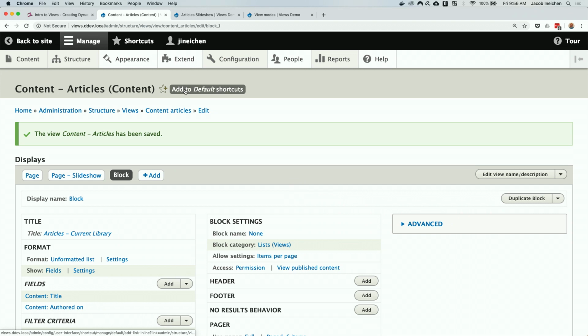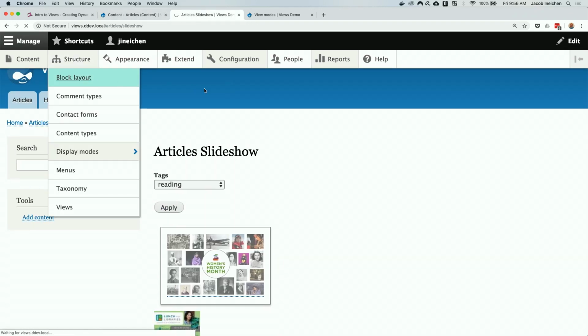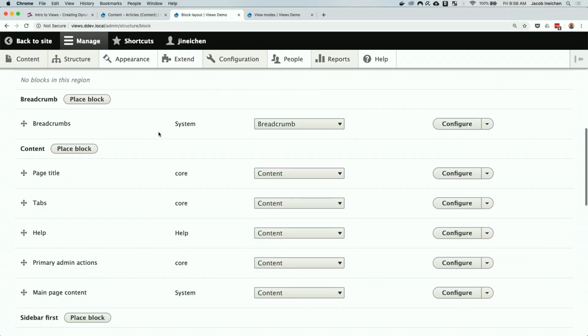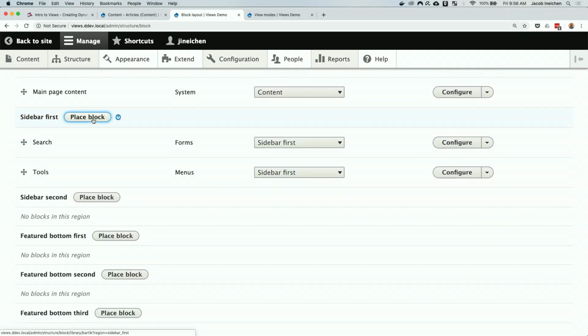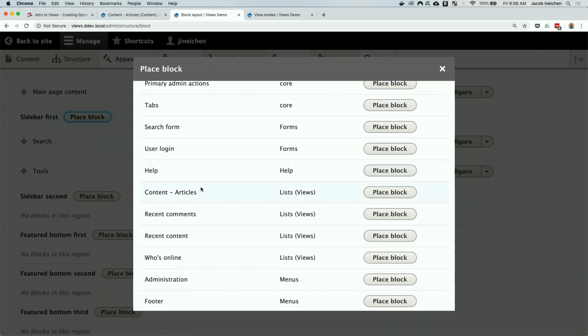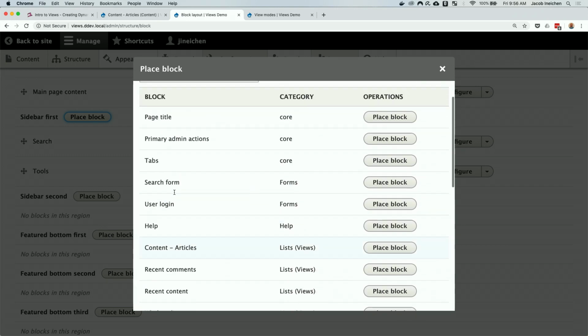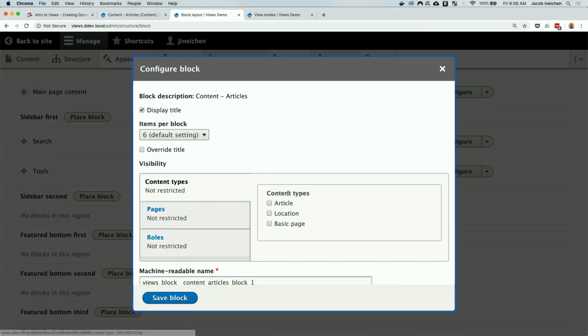And since this is a block, we now have to add it to our page. And we can just use the normal block structure. So we're going to go up here, go into the block layout, and we'll put it in the first sidebar, because that's what Bartik does. And if we scroll down, we can see the views that I created. We just have this content articles one. So that's the only block that I've created. And we just want it to show up on the location content types. That's great. So when I go ahead and click Save,